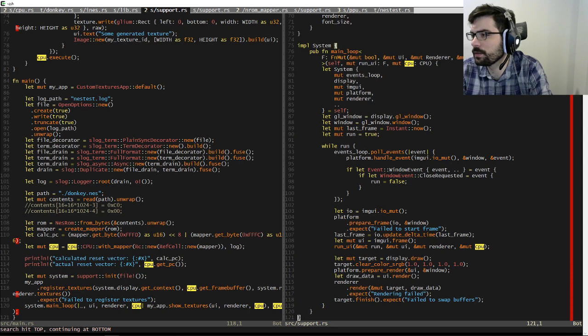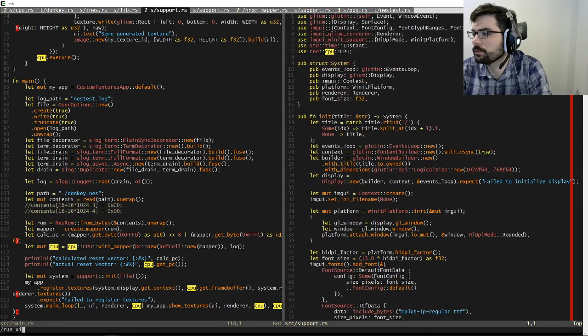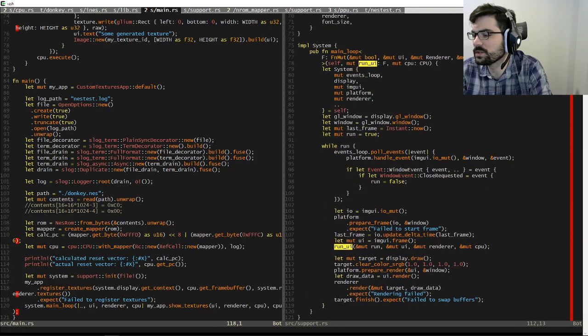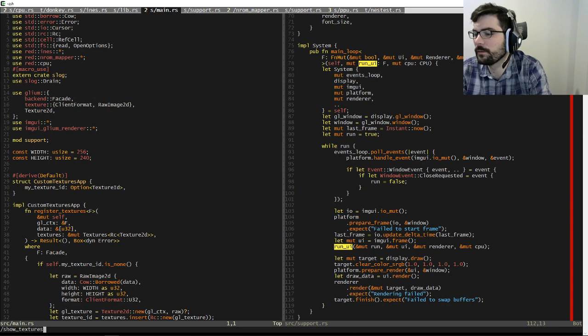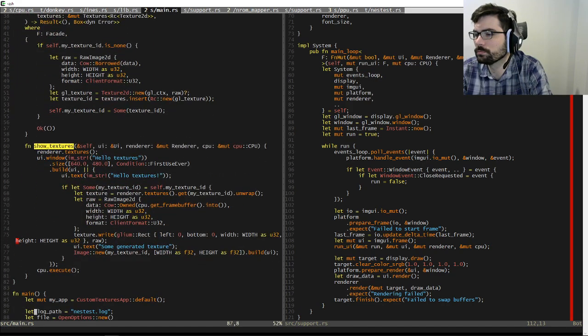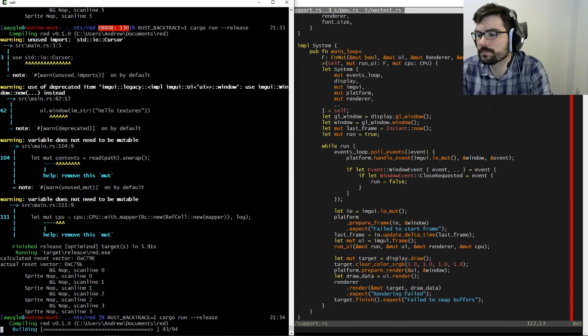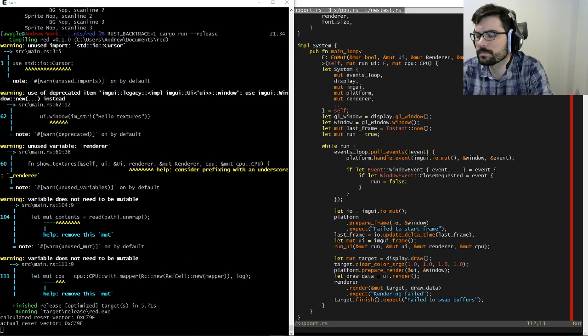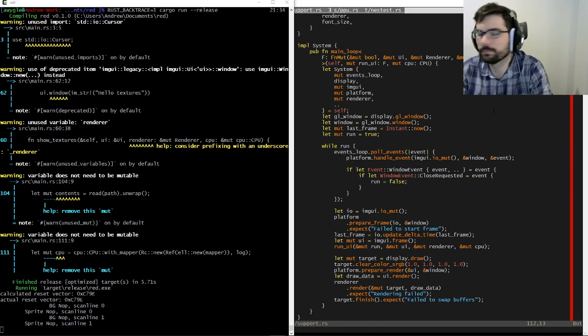I call run UI with it. What does run UI even do? Oh, run UI is just the function that gets passed in, which is just my app.showTextures. I wonder if that's the thing? I don't even know what that is. Nope.